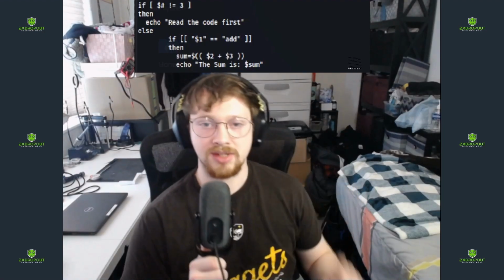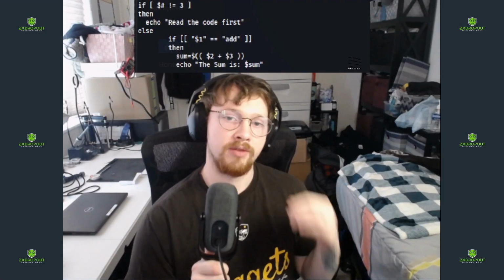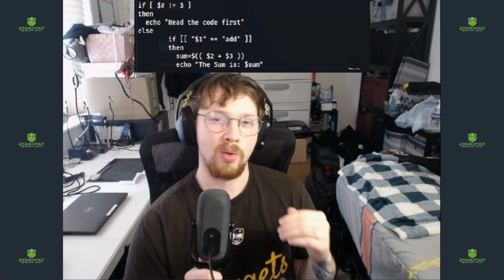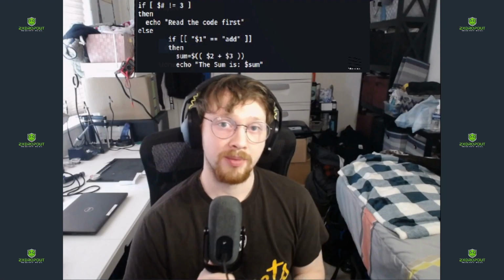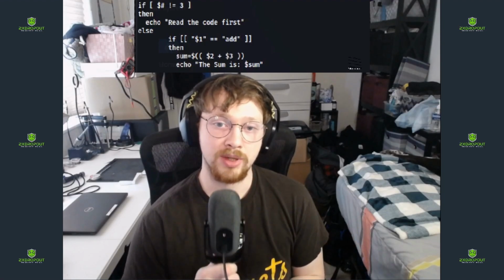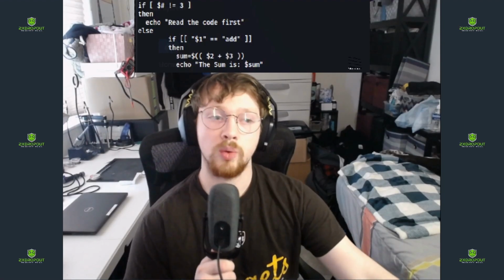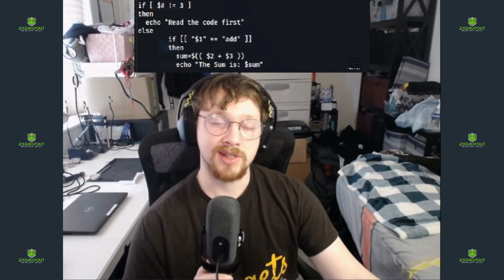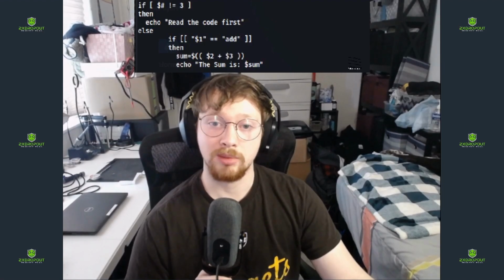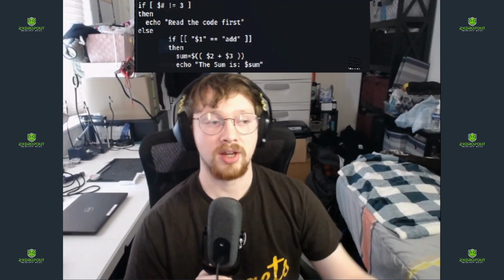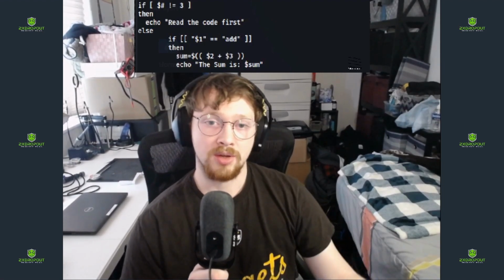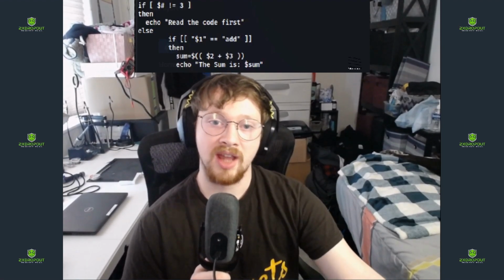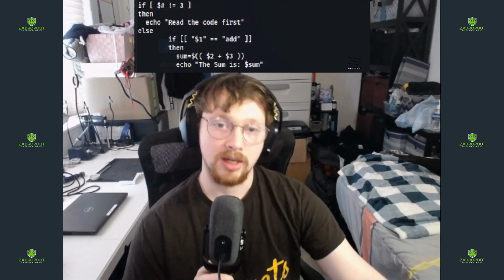$1 represents our first argument. So if our first argument equals add, what's with the double equal sign? The double equal sign is indicating an equivalency check. It's important to note that a single equal sign is used for assignment, while a double equal sign is for checking equivalency. So if our first argument is equivalent to the string add, then we're going to go ahead and